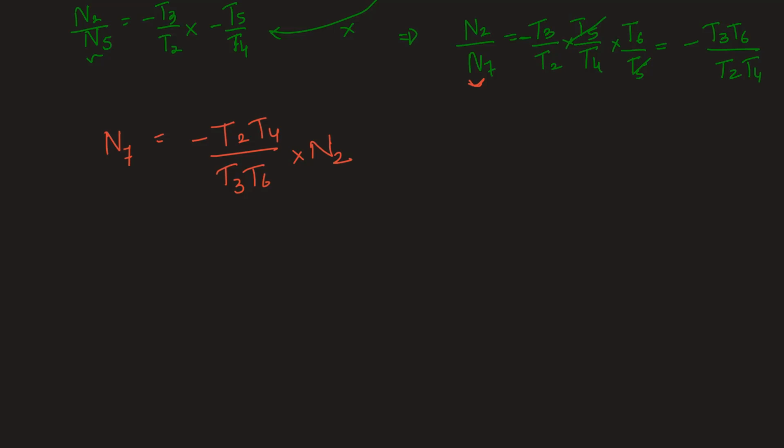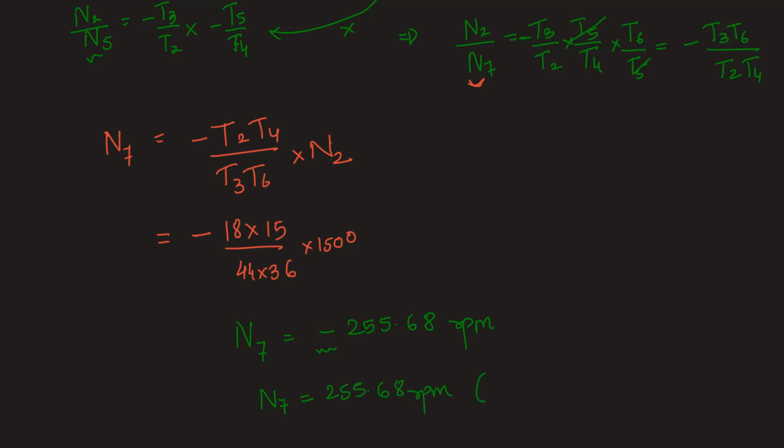N2 we found out is 1500. Substituting the values of T2, T4, T3 and T6 as they are given in the figure, we will have minus of 18 into 15 upon 44 into 36 into 1500. This gives us N7 to be minus 255.68 RPM. This negative sign indicates rotation in clockwise direction. So we can write N7 is